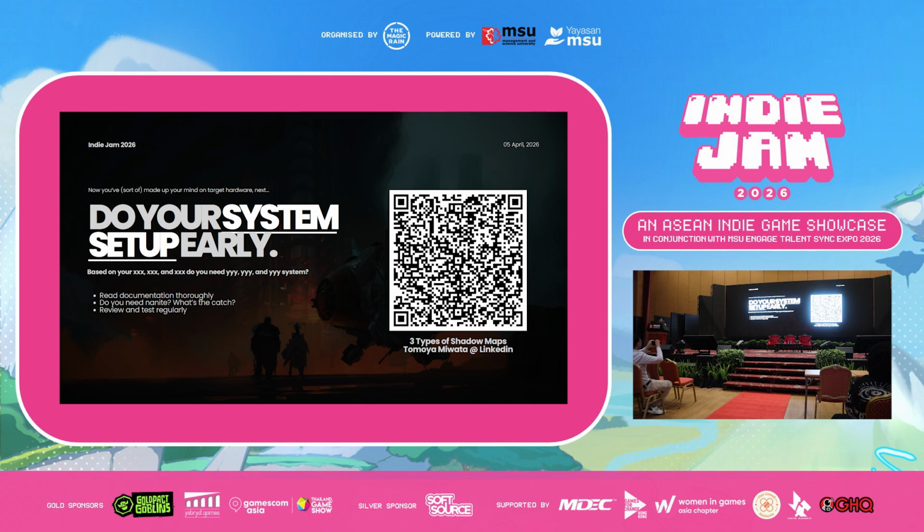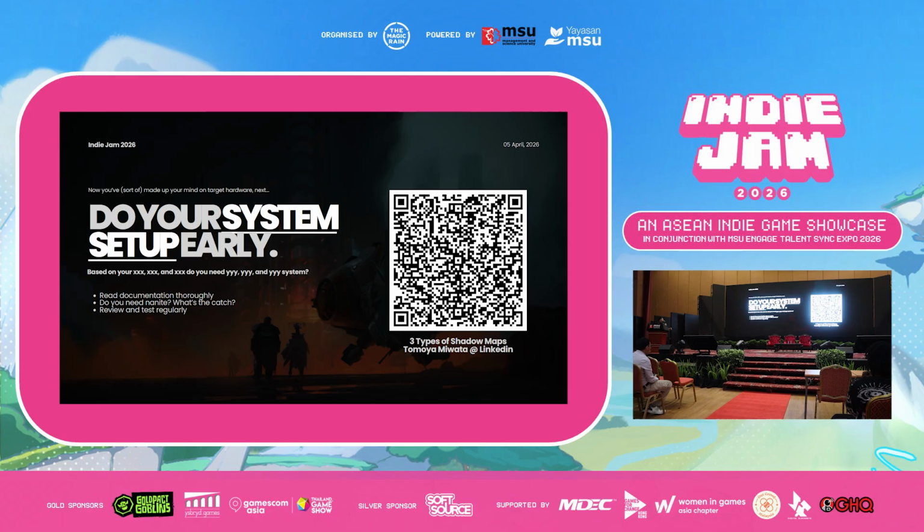Like, do you need Nanite? If you're shipping a game that looks like a Mario game, or maybe it looks like Hollow Knight, you definitely don't need Nanite and Lumen and all of those fancy stuff. Probably you can trim your Unreal to be very efficient. And I think understanding the fundamentals of the system that you need and will use is very important.